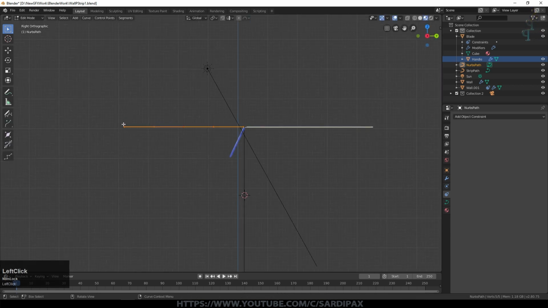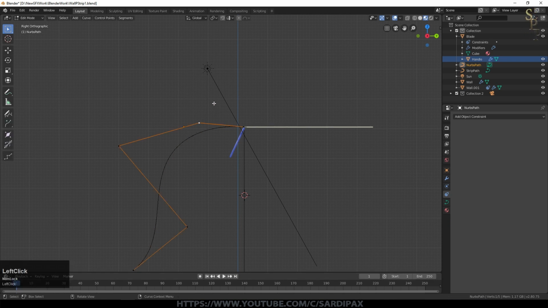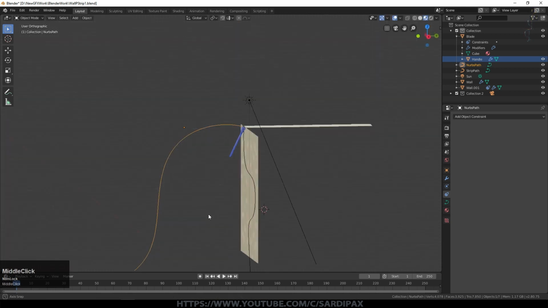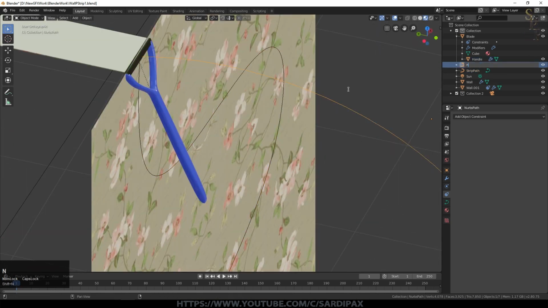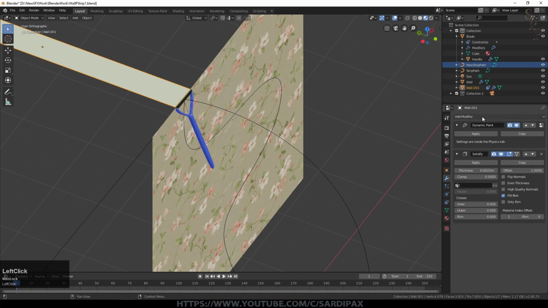We'll go into edit mode. And the idea of this is the path that the strip of paper will follow relative to the blade as it's stripped away. So it doesn't need to be too complex. So something like that. It's going to come out and then flop down like that. Perhaps drop that one down a little bit, or maybe not. Maybe we'll have it pushing up. So that's up to you. We'll give that a name. We'll call that new strip path. So now go back to my plane, and I'm going to add, this time, another modifier.